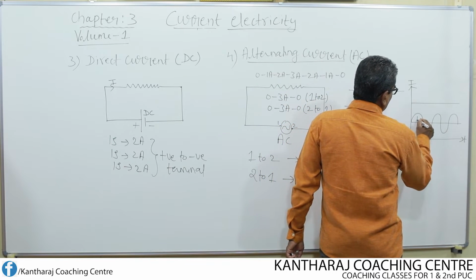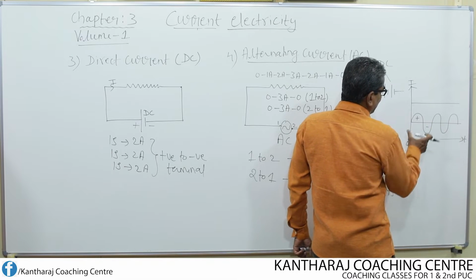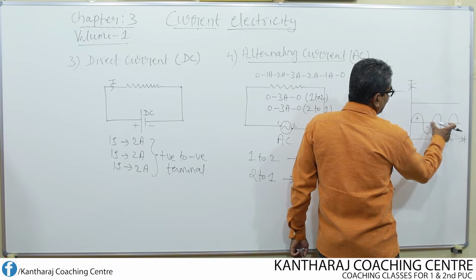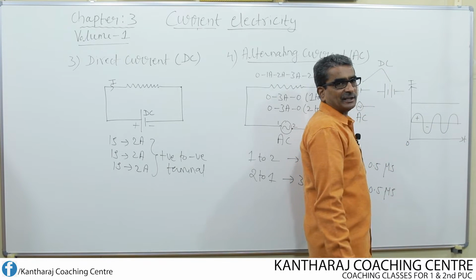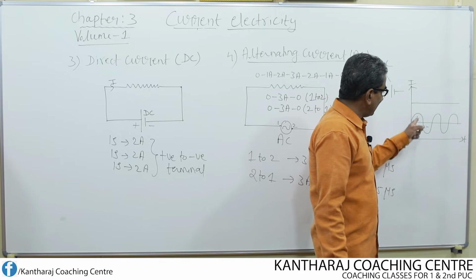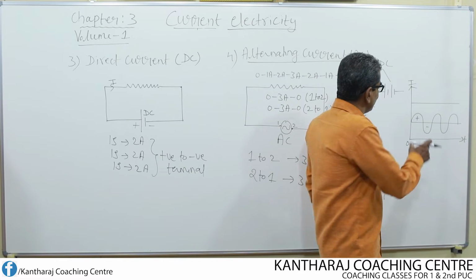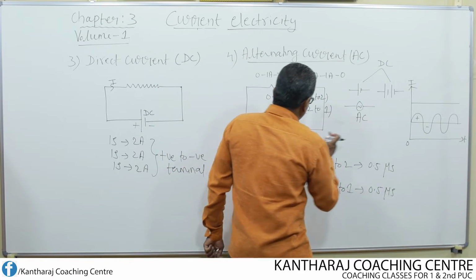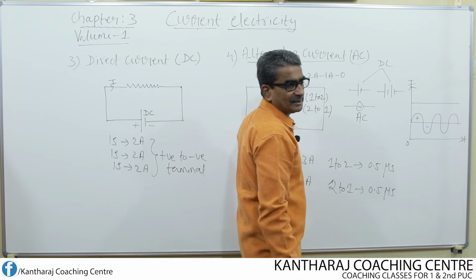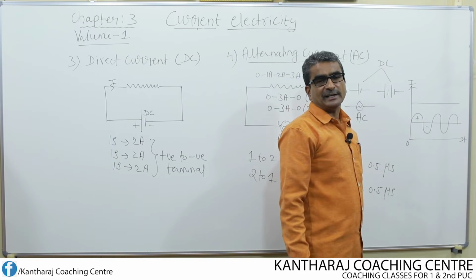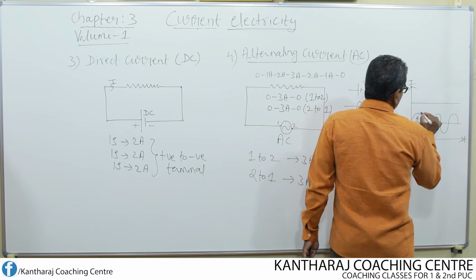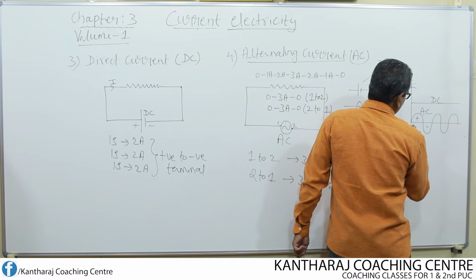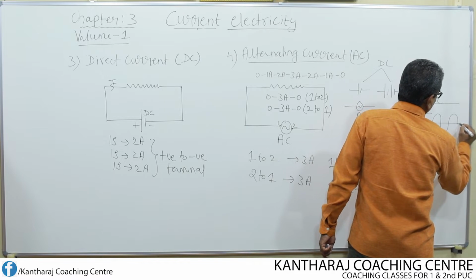Look here, this is the positive half cycle, and the negative half cycle; this forms one complete cycle. Cycle 1, cycle 2, then a half cycle. Totally 2.5 cycles are there according to this figure. Positive half cycle means, for example, 1 to 2. Negative half cycle means current flowing from 2 to 1. So this is how we can represent the waveform. This is for AC and this is for DC.